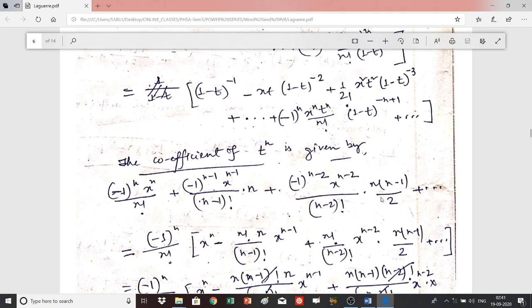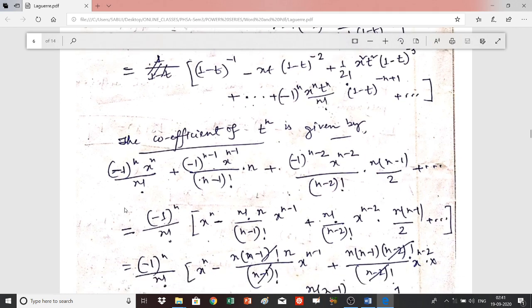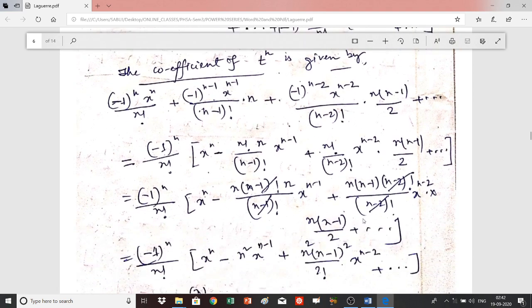This is another 2. So in this way, if you take (-1)^n by n factorial as a common term, then the left terms will be in this manner. Here the rest of the terms are written, and this term is written here. Just write n factorial as n into (n minus 1) factorial, and this n is here and (n minus 1) factorial is there, x to the n minus 1, and here also